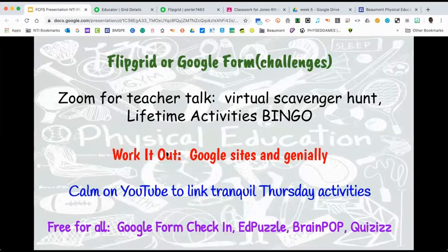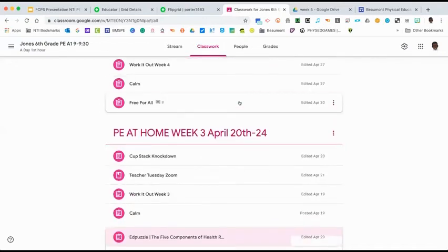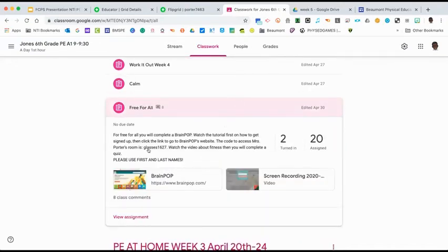And Brainpop, another one that integrates well with Google Classroom. So what I did with this one is I reached out to RTRT, and since we have a building wide subscription, he was then able to give me my own code. And then I went in and entered that code, and then I created my own class within Brainpop. And then when I created my own class, it gave me a code that I could share with my students, and they would then go in and create their own username and password. So if you see here, I tell them what the code is. They would then go in, take that same code,